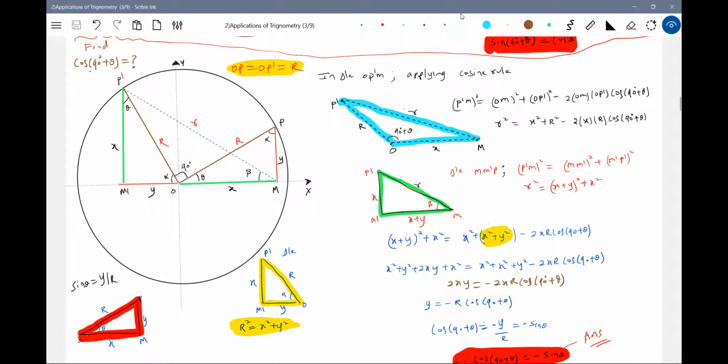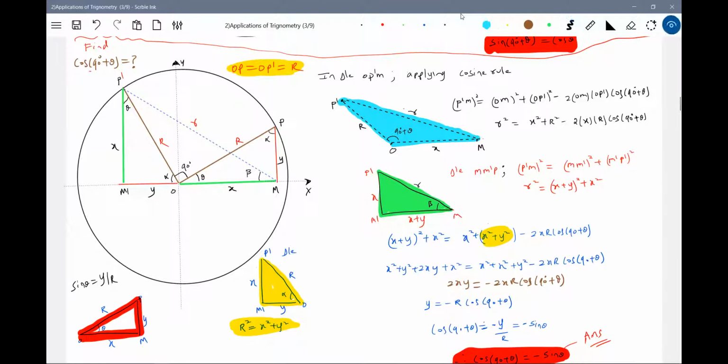Again, the same triangle, the same set of diagram that we assumed, I just took it. So this was the triangle. The same ideas we had: OP equal to OP dash, and the triangles OMP and OM dash P dash are congruent. Can you remember just now what we did? The same set of things is what I'm going to apply here. Now let me shade this triangle so it'll be easy for you to look at. I'll say green triangle, look at the green triangle. I say blue triangle, look at the blue triangle.